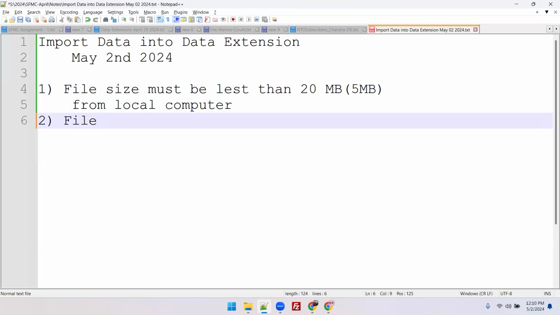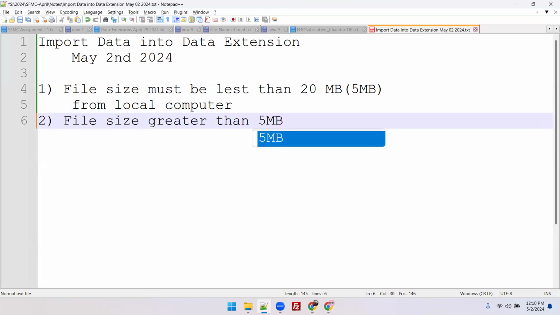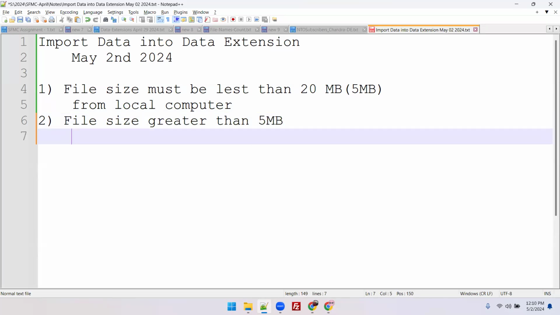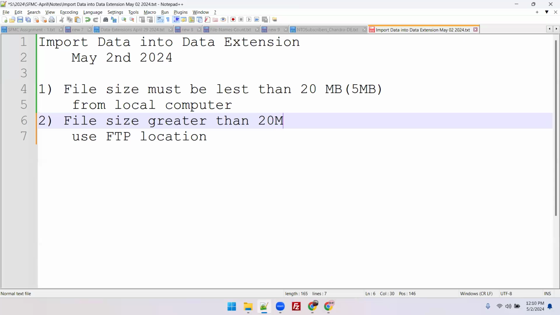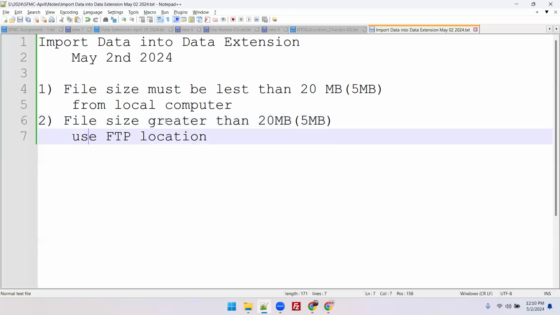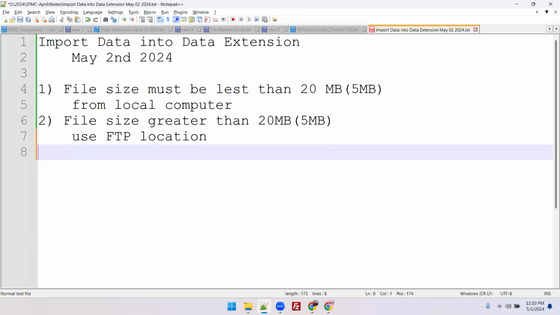File size greater than 5 MB, best practice: use FTP location. According to documentation, it is 20 MB. File size greater than 20 MB, best practice, if it is greater than 5 MB, use FTP location. What is FTP? We'll discuss this later. First, very important,